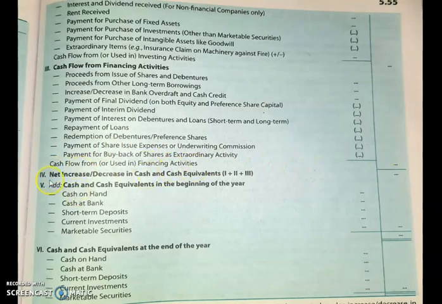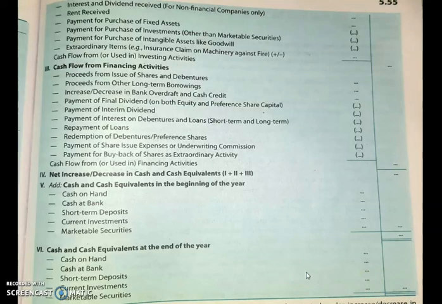Next is the fifth part of your answer, that is, add cash and cash equivalents at the beginning of the year. Beginning means the previous year. So in your balance sheet, as I told you, there will be two amounts, and cash and cash equivalents will be there. Out of that, normally 5 items are there. The beginning items will be added together and the closing item will be subtracted from this. The total you receive should be 0. If at the last you do not receive nil, then you have made some mistake.